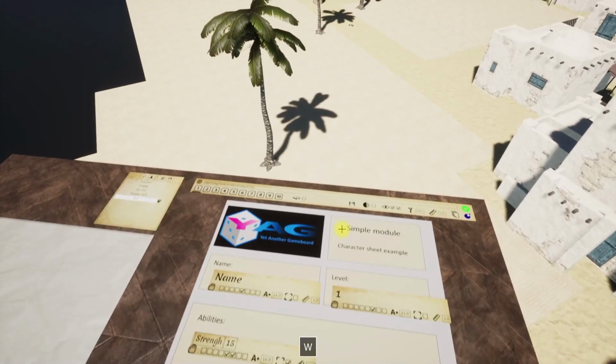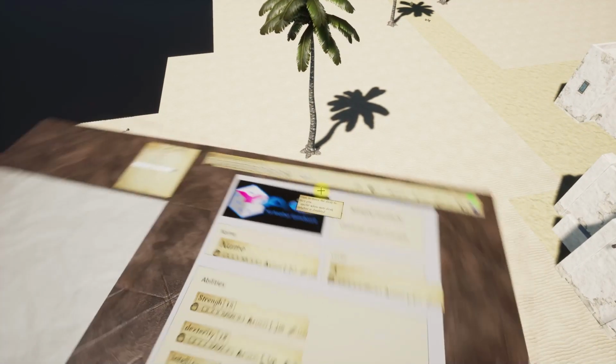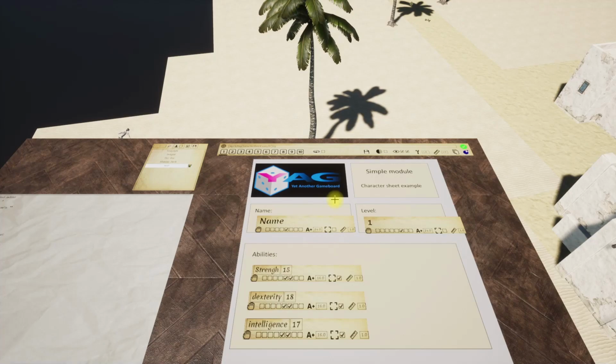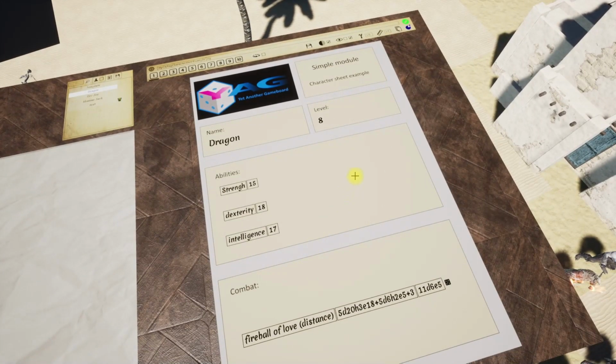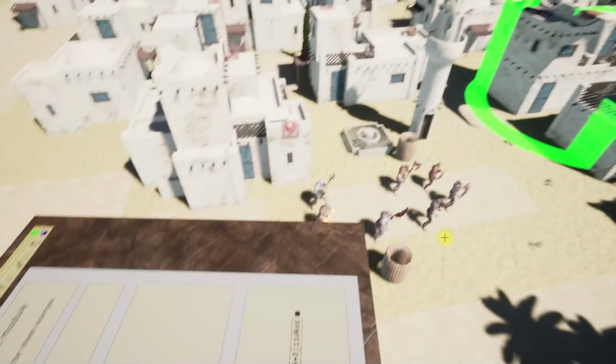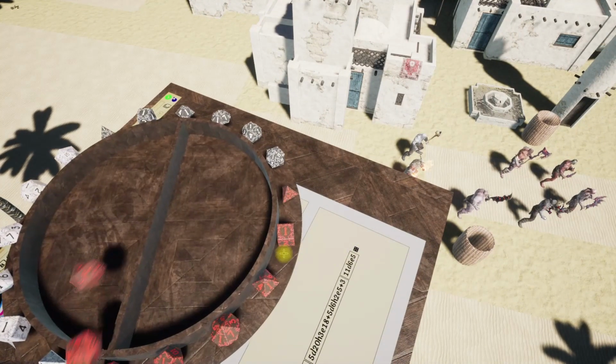Okay, so that's it. Let me show you, before ending the video, a small example of how all that is used. So I'm going to hide everything here, make everything transparent, choose the dragon. Oh, by the way, the character sheets are of course still fully automated, so you can see that if I change the level of the dragons, let's say 2, then I change the number of dice for the fireball. Let's go up to 8 and I've got 11 dice here, so I can just click on the button here and you see that